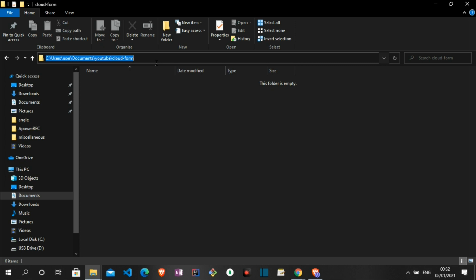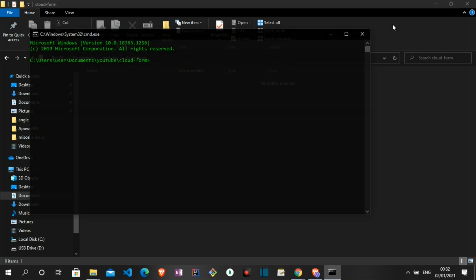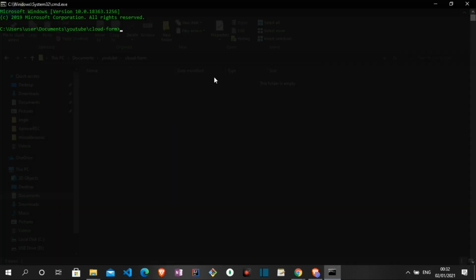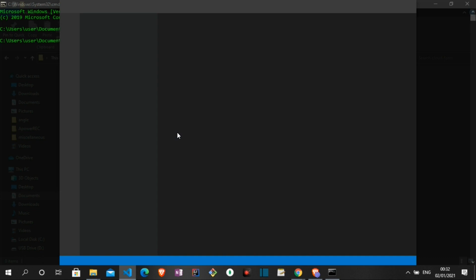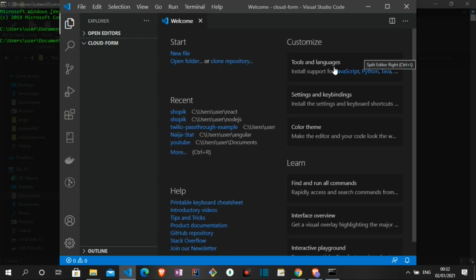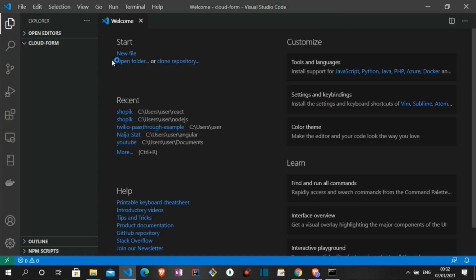On the field there I can type cmd, open that directory, and then we open it in Visual Studio Code. To do that, I'm just going to type code and then a full stop and press enter. So our Visual Studio Code editor will be opened. I'm going to create three files in this directory, and the first one is going to be the index.html file,